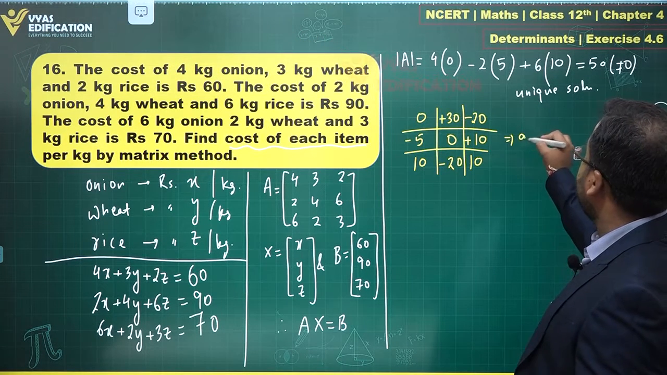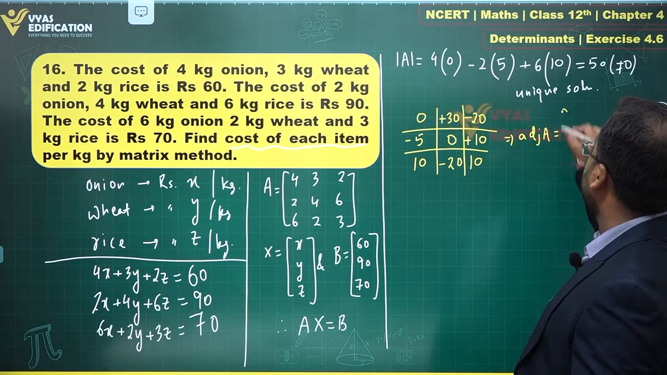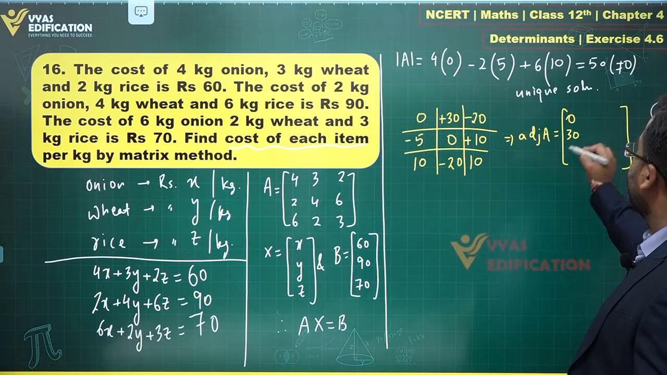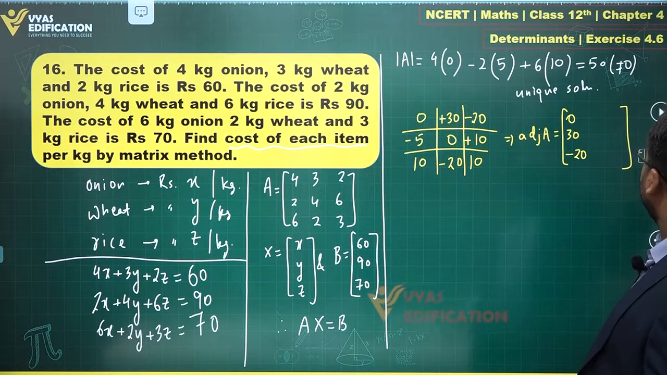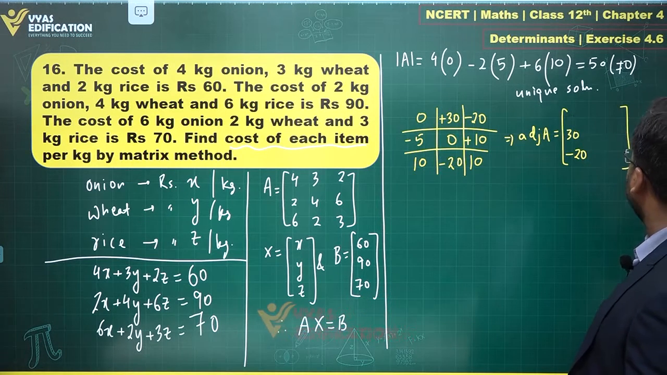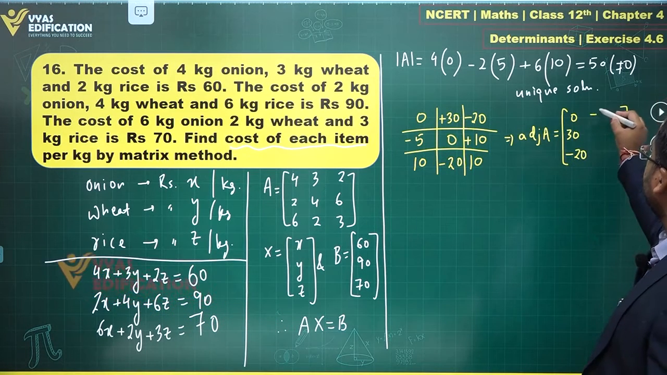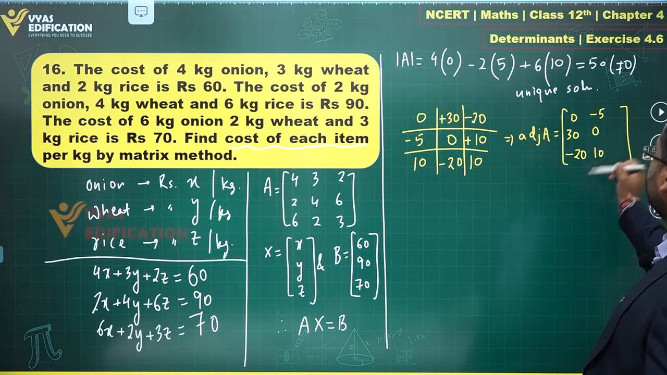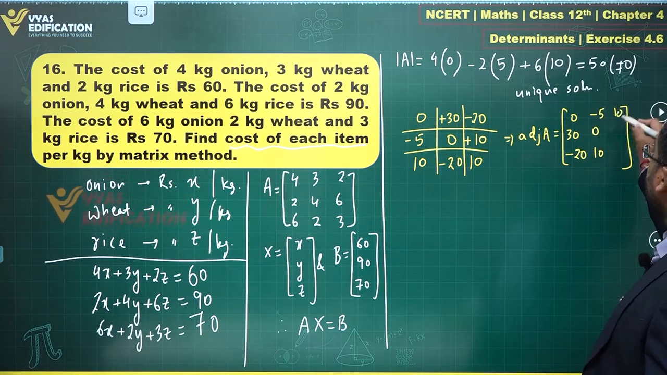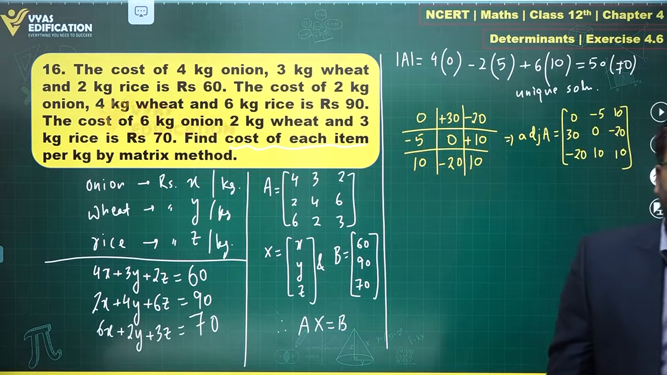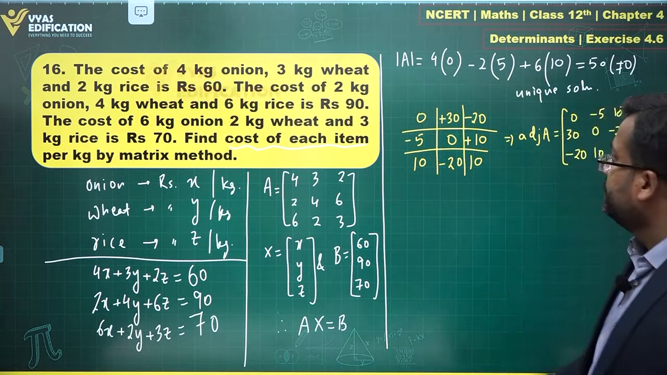This gives me adjoint of A is equal to what? The transpose of this, 0, 30, minus 20, okay. Then you have the next row, which is again minus 5, 0, 10, the transpose of this. Then you have 10, minus 20, 10, okay. You have adjoint of A now. Okay. Therefore, X is equal to,